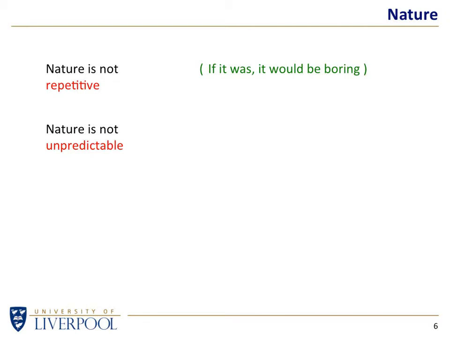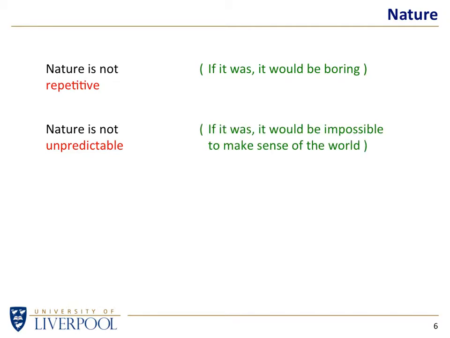Again, when you talk to some people, that's a little difficult to comprehend, but nature is not unpredictable in the sense that we cannot make any prediction about what's going to happen tomorrow. For instance, we can predict that the sun is going to rise tomorrow. We may not see it, depending on Storm Dennis and other things, but we know the sun is going to rise tomorrow. Nature is not unpredictable.